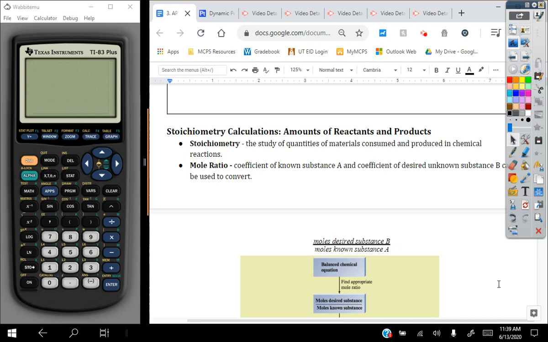So first, a mole ratio is based off of the coefficients of a known substance A and the coefficient of a desired unknown substance B. And we can use those to convert. So if I'm looking at a balanced chemical equation,